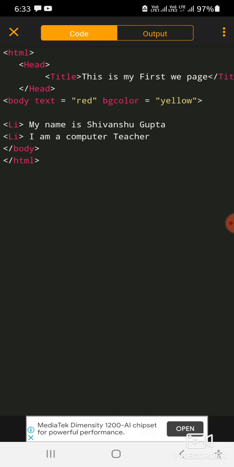Okay, so the application contains all three things. That's why students do not have to worry about how to save and how to run this code. But if we create code on a desktop, then we have to open Notepad, type the code, go to the save option, and save it with the .html extension, and then we will see the result. When we click on the saved file on the desktop, we get the result, and all the HTML code runs in the browser. I will also explain this on desktop.